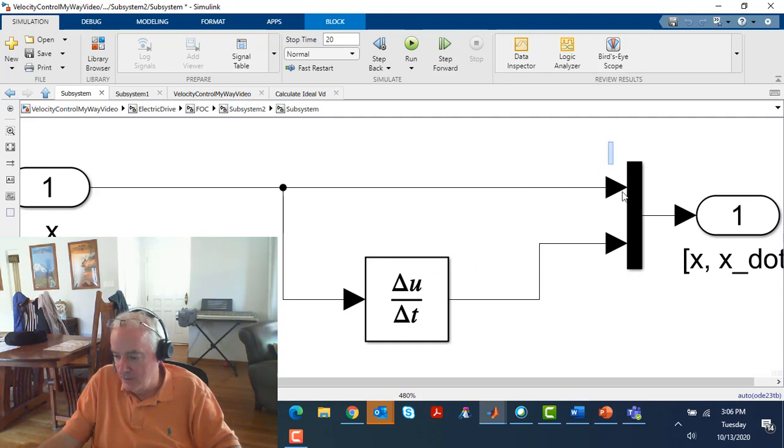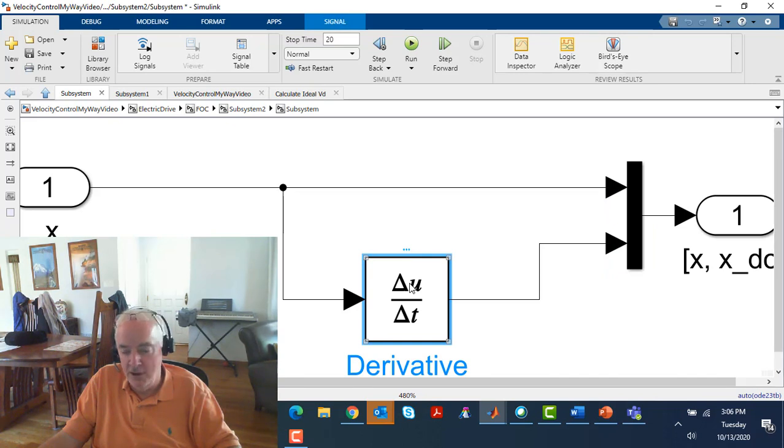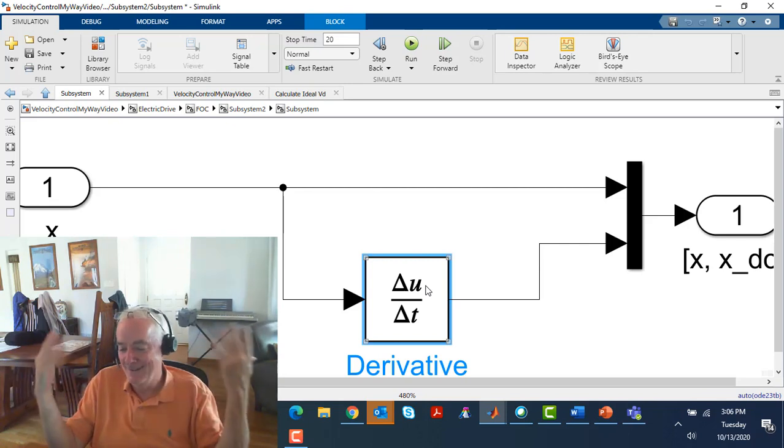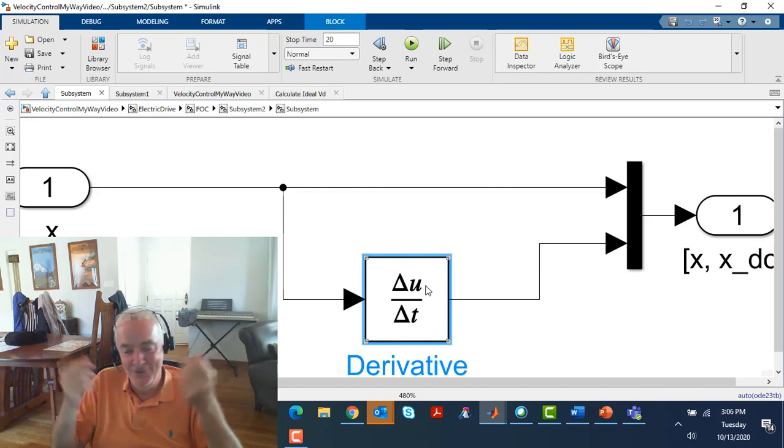And so essentially, here's the creation of a signal that represents quadrature current, and it contains both the current and its first derivative, and we do this numerical calculation of delta U, delta T. Now, a lot of people will look at this, especially a lot of my friends at MathWorks, and they'll say, that's the most dangerous block in all of Simulink, and so certainly they're right, and certainly if you sent in